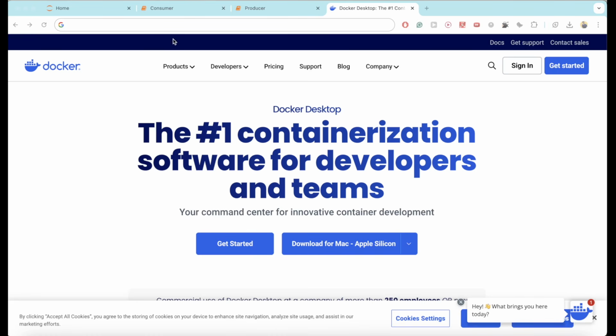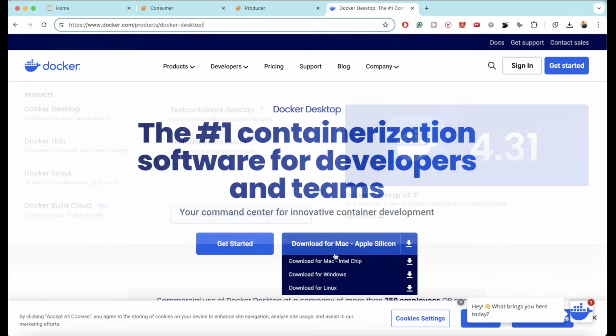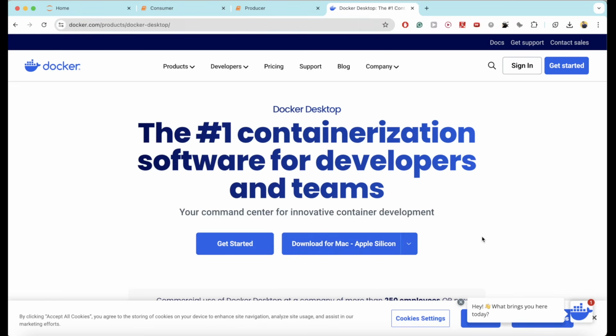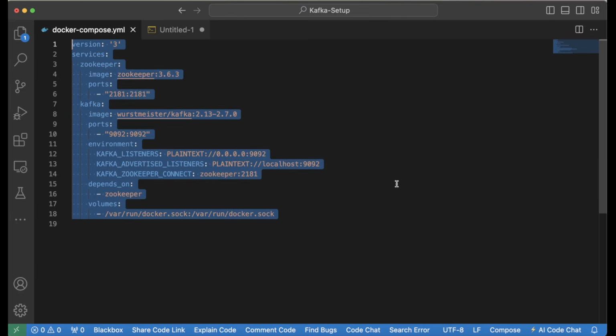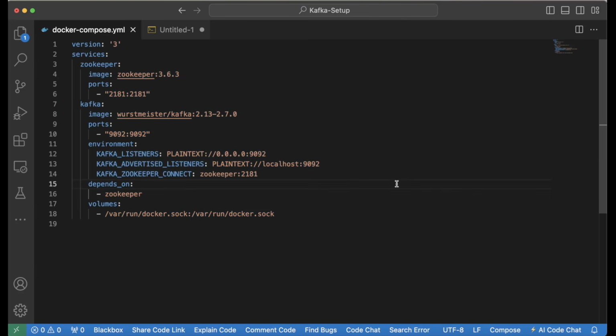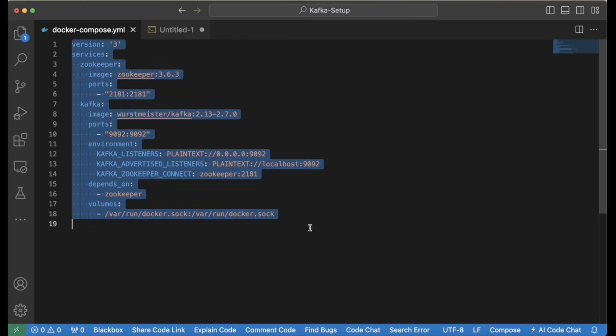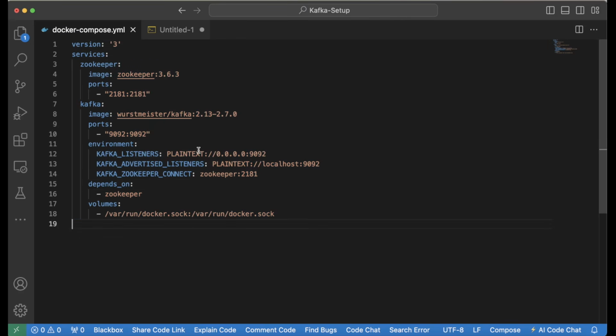Let me just show you this particular thing hands-on so that you understand it better rather than just talking about the theoretical side. First, what you need to do is go to this particular URL, docker.com, Docker Desktop. You just download Docker for your local PC because this makes installation of Kafka much easier. Once you have it installed, you can see this Docker compose file. You can download it from my GitHub repository. All you need to do is put this into one folder, and this Docker compose pulls the Zookeeper image and the Kafka image, and it will set up Kafka on your local PC on this particular port 9092.